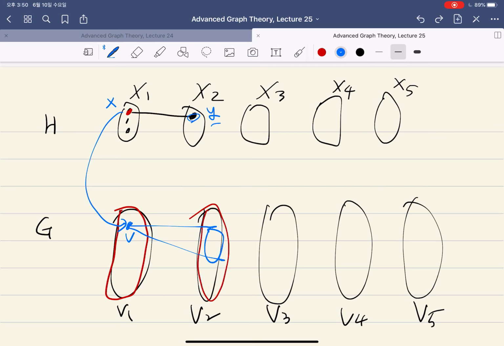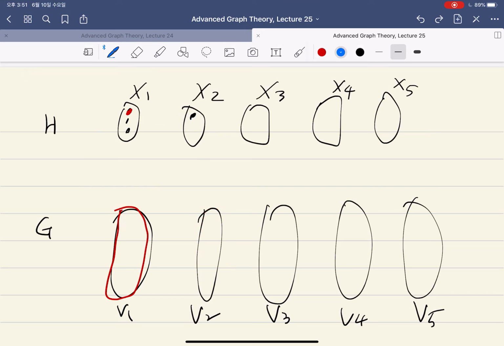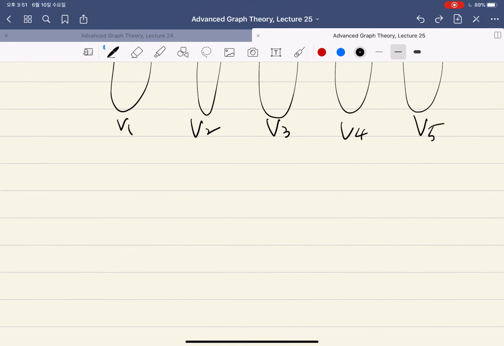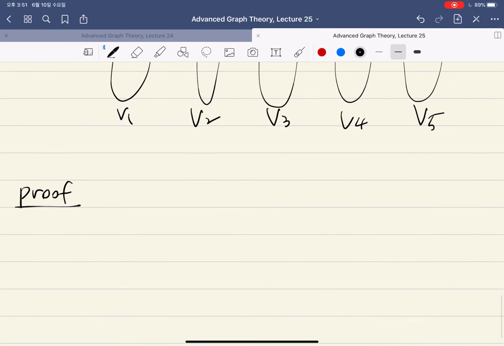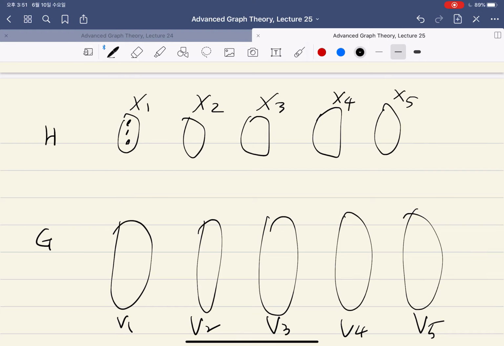So how we want to proceed is that we want to make the choice. When we embed this vertex to here, we want to make sure that we embed this to some proper vertex, which does not shrink this candidate set too much. So we make the choice so that this doesn't shrink too much. And every time we keep track of how each candidate set shrinks, and we make sure that it doesn't shrink too much. So that's our idea. And whenever we make the choice that doesn't shrink the candidate set for other vertices,